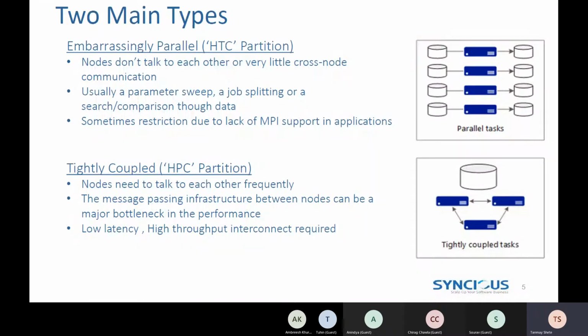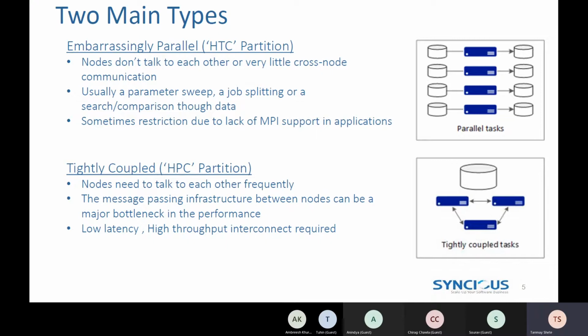And many times you will have such kinds of jobs. There are minimal requirements, as compared to the tightly coupled application. So what do minimal requirements mean? Suppose in embarrassingly parallel, the nodes or servers are not talking with each other. So it does not matter whether the network between these two nodes provides superior performance or not, because anyway they are not talking with each other.